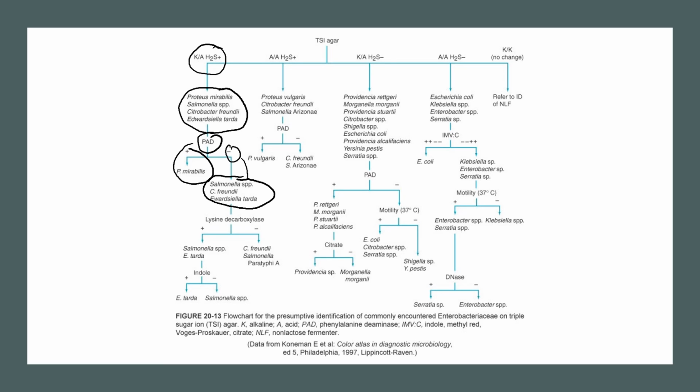Now, again, you see Citrobacter on two different types of TSI reactions. There are certain strains of Citrobacter freundii that will not ferment lactose or sucrose and will appear as alkaline over acid, while most others will ferment lactose and give you an acid over acid. So it is one of those organisms that you will see different types of reactions. But here are some key things to remember with regard to differentiating this species from the others. So with Salmonella, Citrobacter, and Edwardsiella,